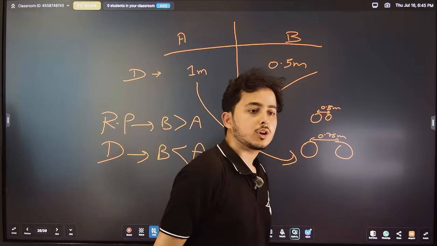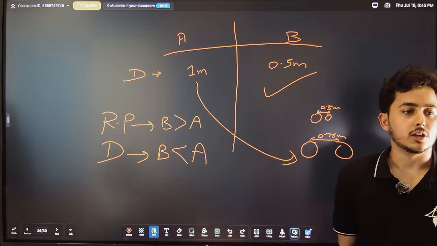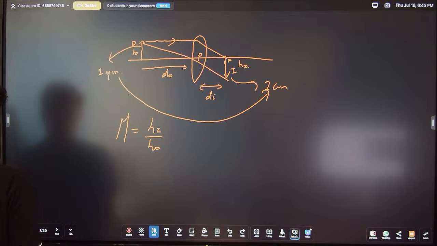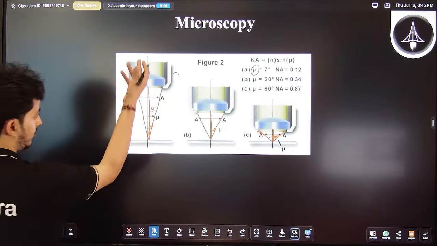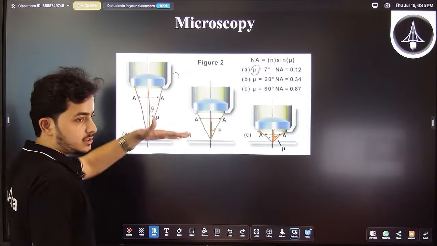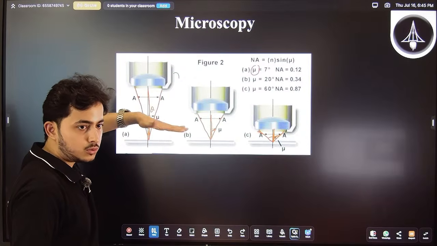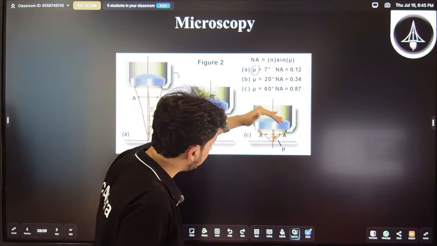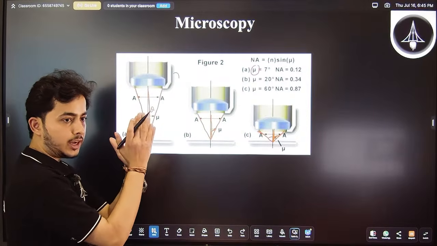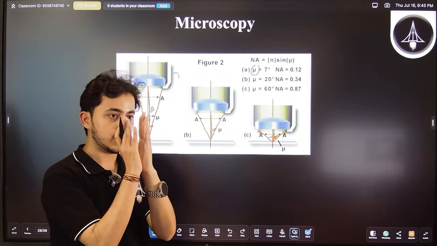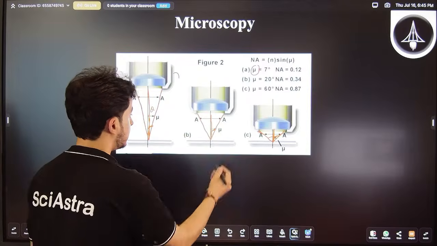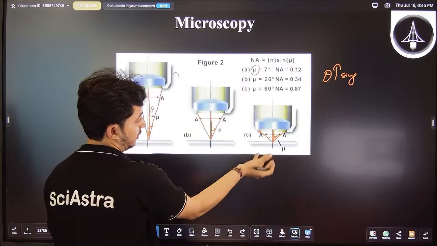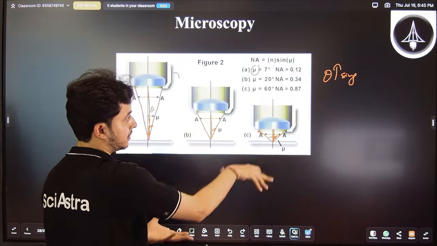Okay, good. So this is clear to everyone. Good. So if this is clear, then what happens is, as you bring the microscope closer to the specimen, this was the initial position, then you are bringing it closer, then closer. So what is happening is, this cone of light, the angle is increasing. Initially the angle was this, now it is increasing. This theta is increasing as you are bringing this lens closer to the specimen.